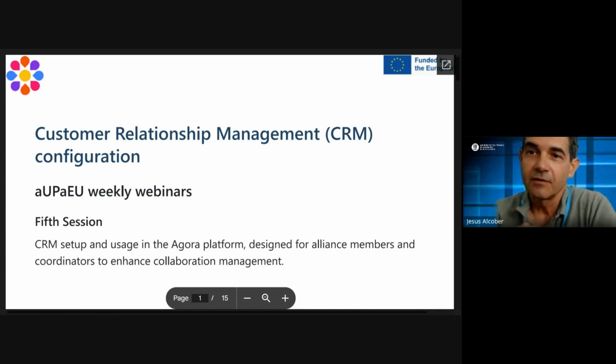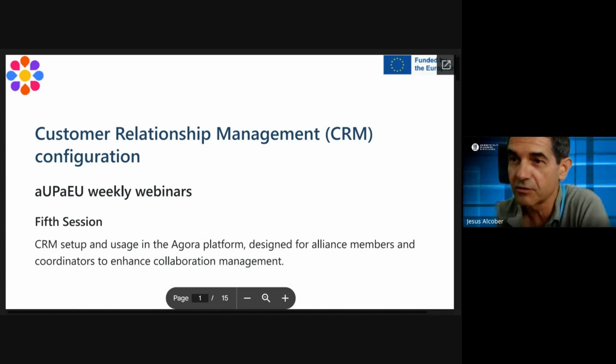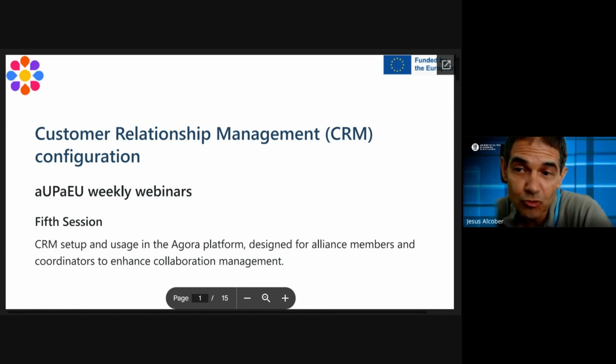First of all, this is the presentation, the customer relationship management concept configuration that we are going to use in the Agoras. This is one of the basic models of the Agoras. We are using the CRM almost by default as Odoo is providing. Remember that Odoo is an ERP, an enterprise resource planning, and it is made by different modules. As a business platform, the CRM concept is one of the most important concepts because